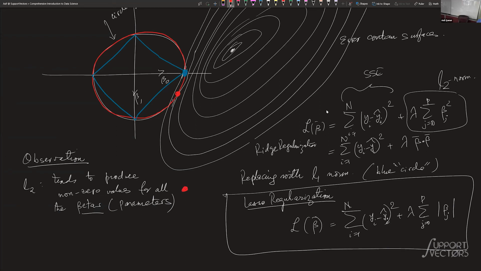This is your red point. At this red point, is either beta naught or beta 1 0? No, right? Are we together, guys? At the red point, neither beta naught nor beta 1 is 0, right? Yes, that is clear. On the other hand, L1 regularization often, but not always, tends to